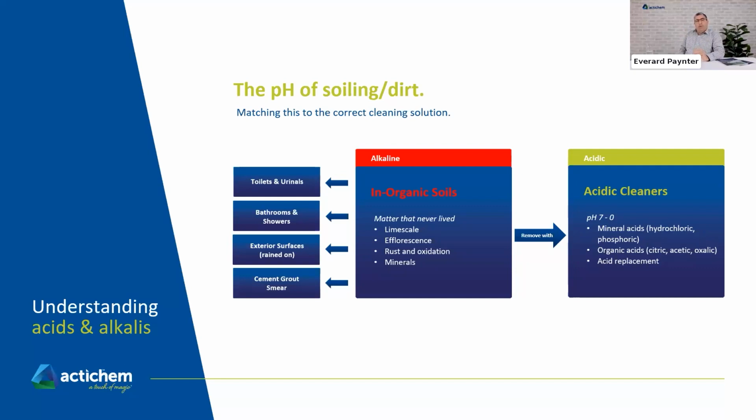However, we have a couple of categories of acidic cleaners or acidic raw materials: mineral acids, hydrochloric, phosphoric, sulfuric, etc. And in our organic acids, which are typically weaker acids, less aggressive and less hazardous, such as acetic and citric, oxalic, etc., glycolic. We typically use these a lot in maintenance cleaning, in showers and bathrooms, and also in the carpet sphere. And then we have the acid replacement technology, which is a very special technology, which is well worth